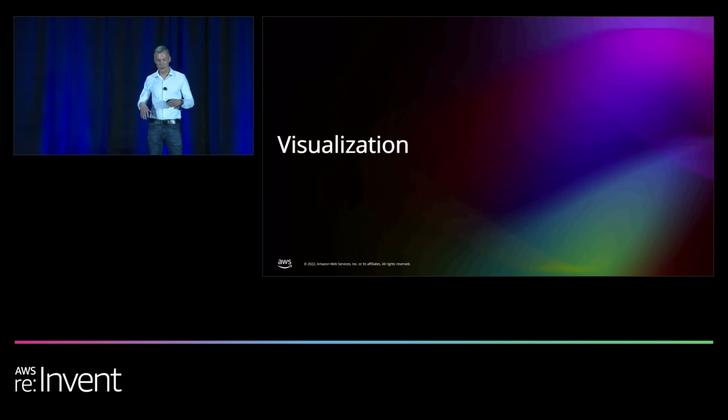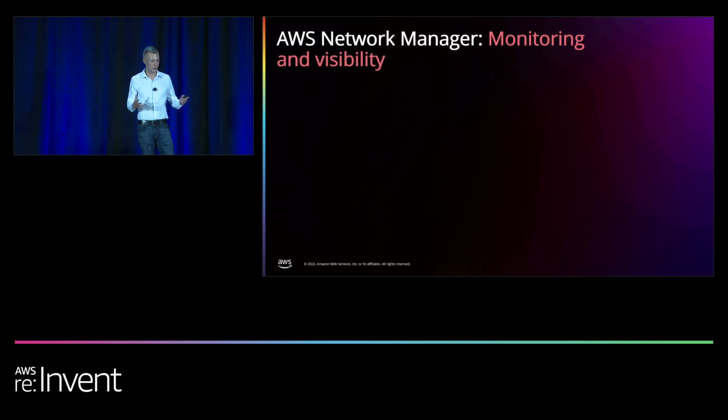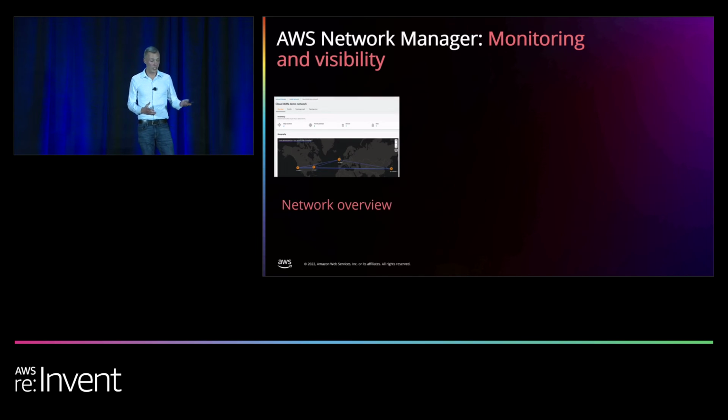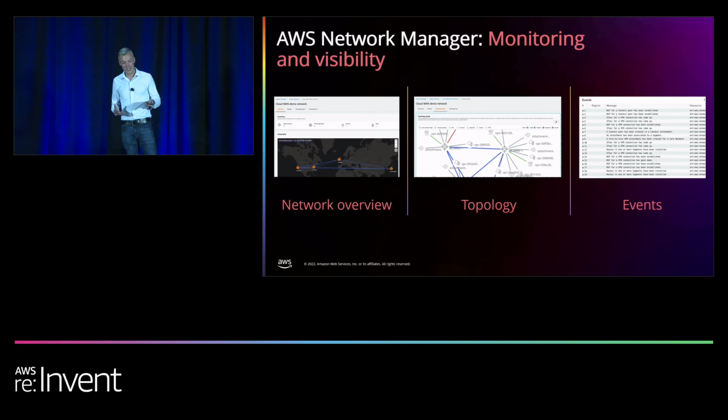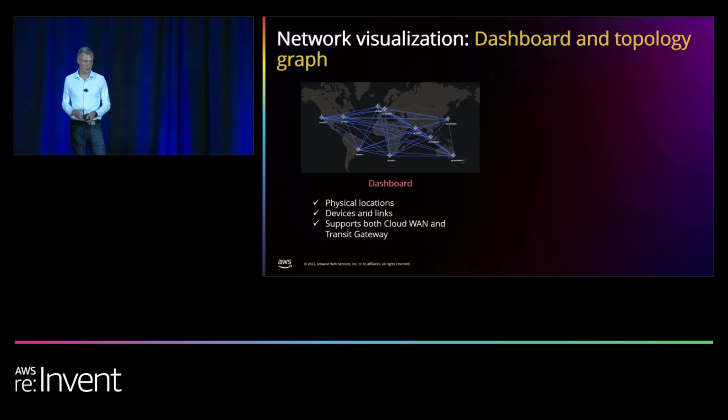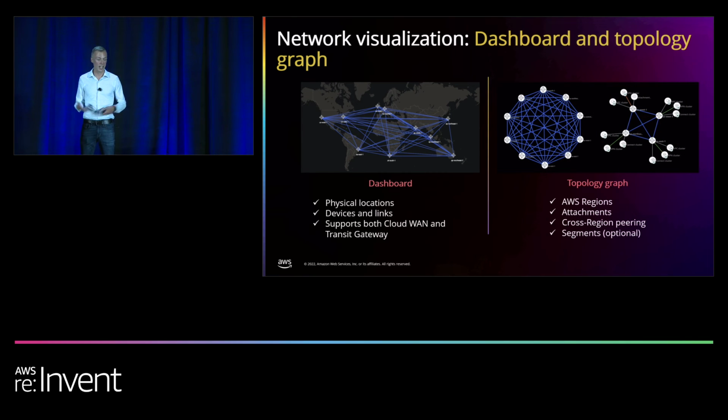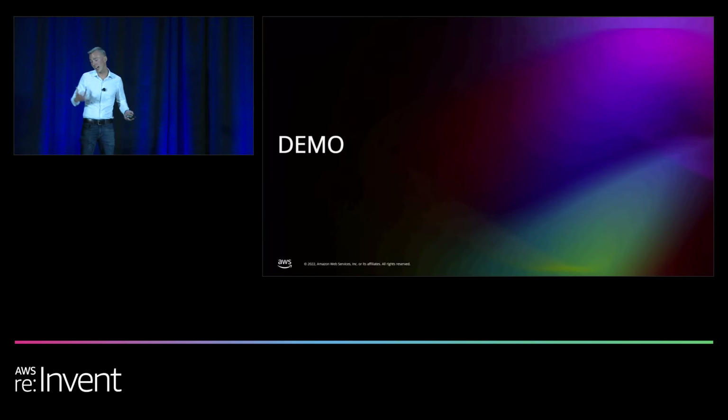So now that we've built all this, we do have some visualizations built in because this uses our network visibility suite. We can see an overview of the end-to-end network. We can see a topology and dig into individual segments and our global WAN, zoom in, zoom out, across Transit Gateway and Cloud WAN. And then we have a detailed log of all the events and everything that's happened. We then get into our network visualizations. We have a dashboard that you can bring up. This might be something you throw up on a NOC. We're able to see our entire end-to-end network and a topographic view of everything across our entire network. And with that, I'll hand it over to Sid to see a demo of this in action.